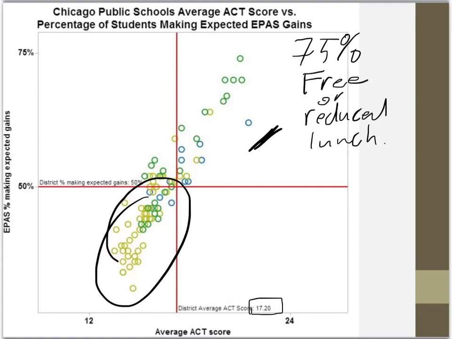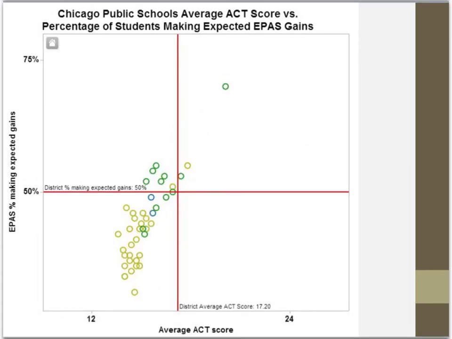There are a crop of green circles up here. I bet you can guess what schools those are. We're going to zoom in to a slightly different set of schools. Right? So I've rearranged the scatter plot, and the data that is being presented here is only schools, so not